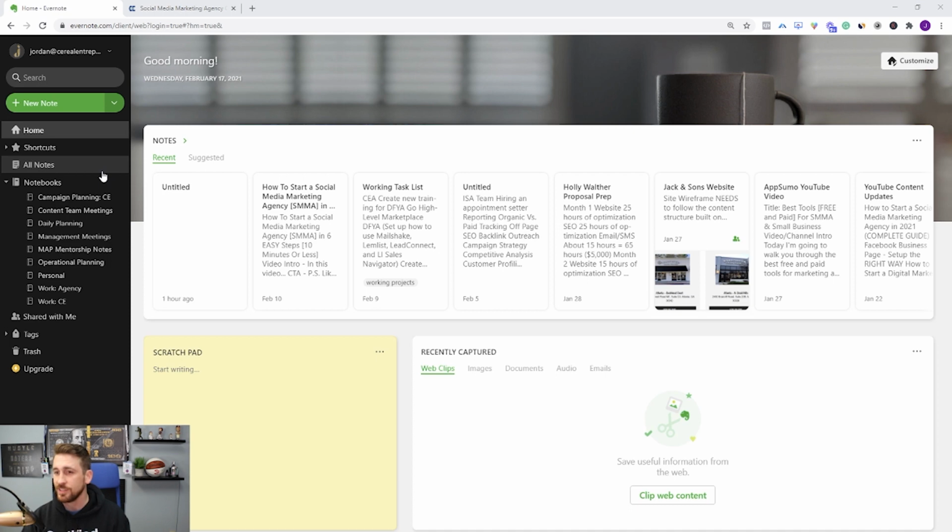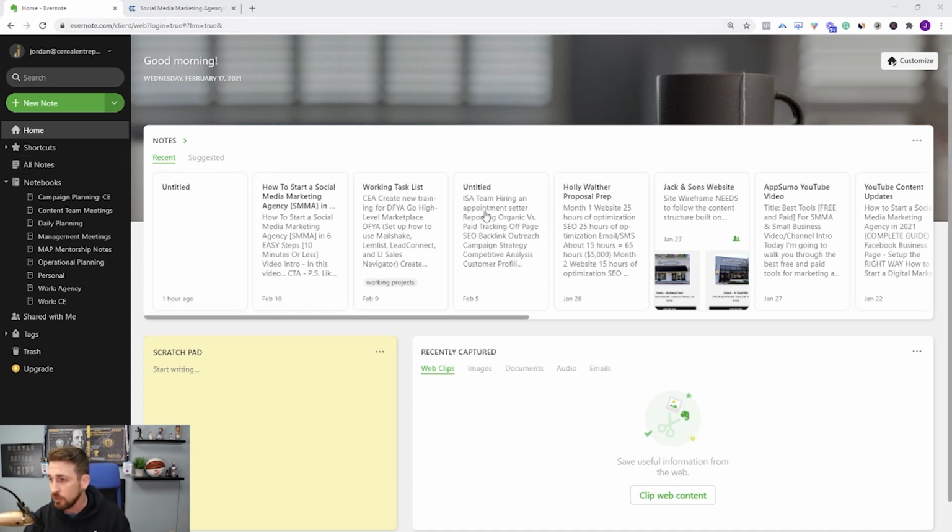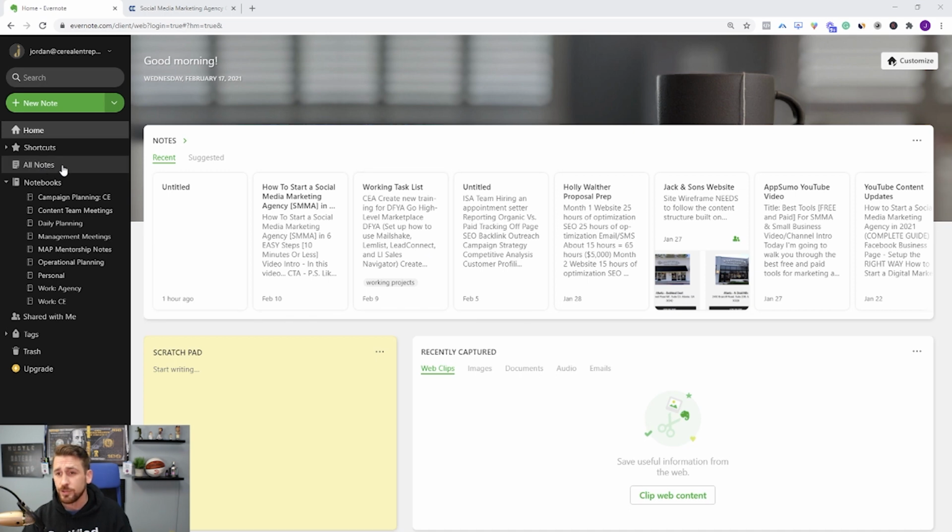Okay, so next thing, guys, I want to talk about is Evernote. And really all it is, is a note-taking platform. You can see I have tons of notes down here with images in it. We use it for planning for clients. I use it for daily planning for myself. Just a super easy app for using notes, and it is,